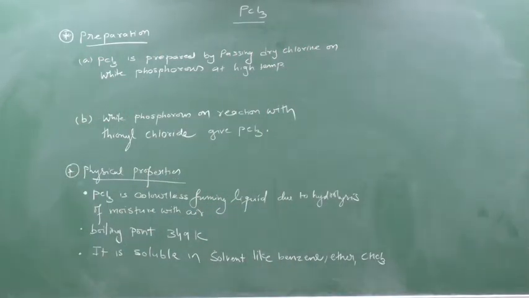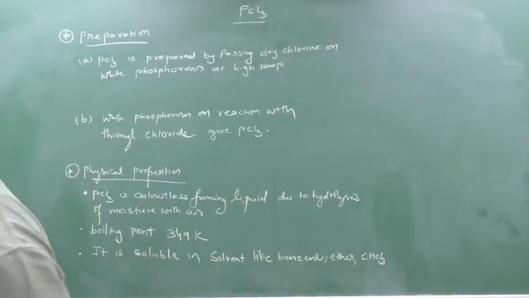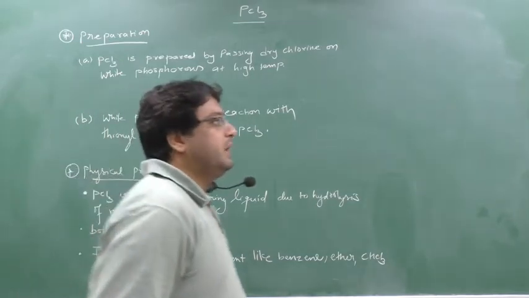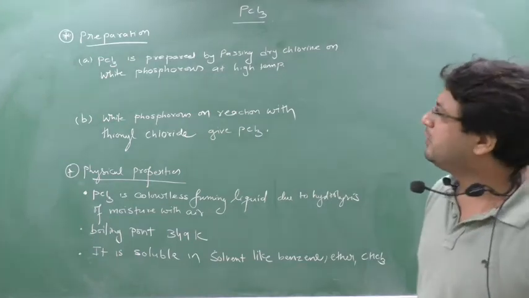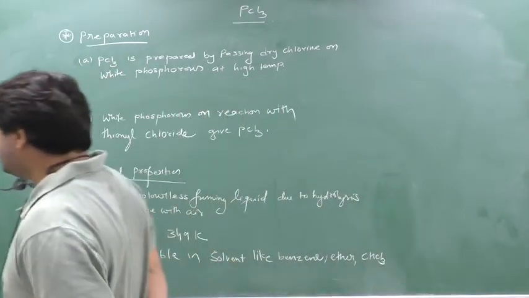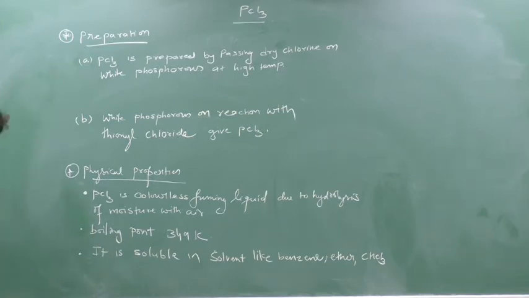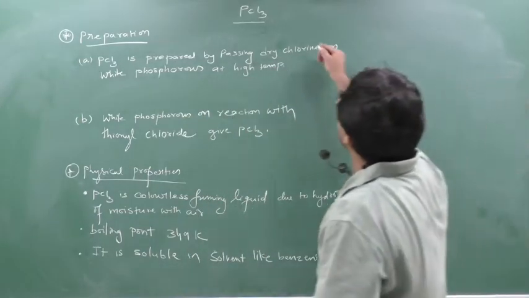Today I am discussing PCl3 and then I will discuss PCl5. These two questions are also very important. Clear? The question in the exam will be like: write the preparation, properties and uses of PCl3. They are not mostly asking uses; they are mostly asking the physical property and chemical property, and also the preparation. So first, PCl3 is known as phosphorus trichloride.